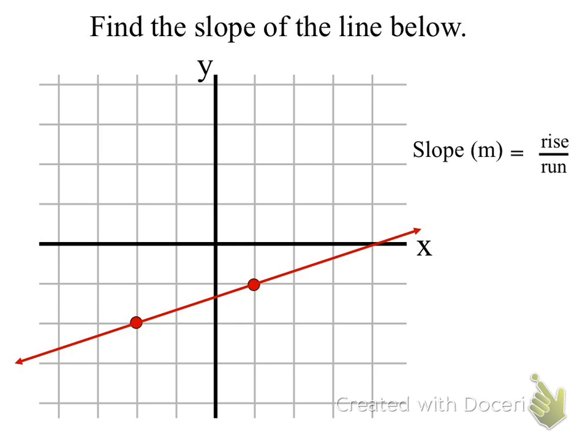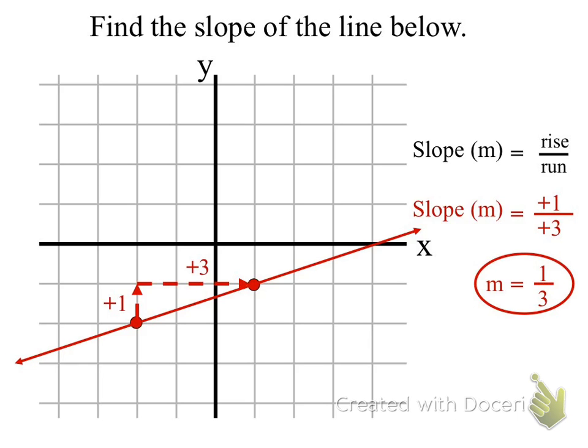I see McKenna. The rise is 1 and the run is 3. Good. So my rise is 1 and my run is 3. What happens if I had done this? I started at this point. Let's say I started here. I'm going to go how many? Let's say I went 1, 2. -2